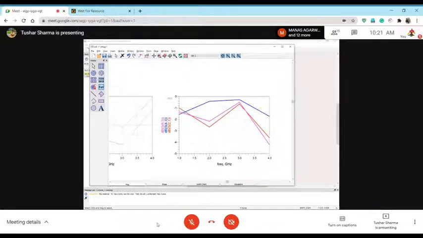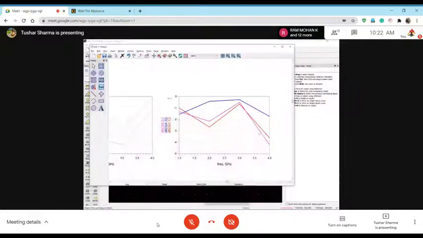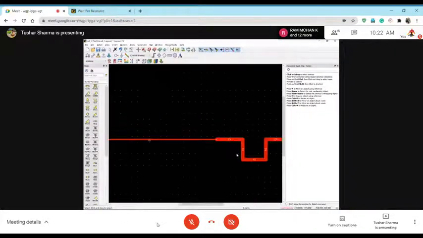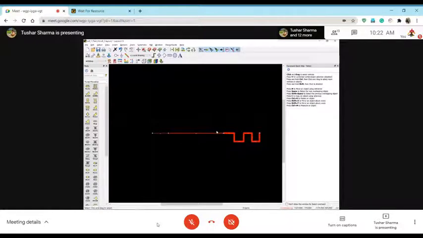In the previous case, when it was not the snake kind of a structure but a straight line, it was coming close to S43, but now it is coming close to S6. So it means my S parameter has changed drastically. But by chance, it is coming close to what I actually desired. So when you try to bend these lines, you have to simulate every structure and compare what you wanted with it. Depending on that, you can either increase the length, decrease the length, or do whatever you want, basically trying to understand the effect of it.